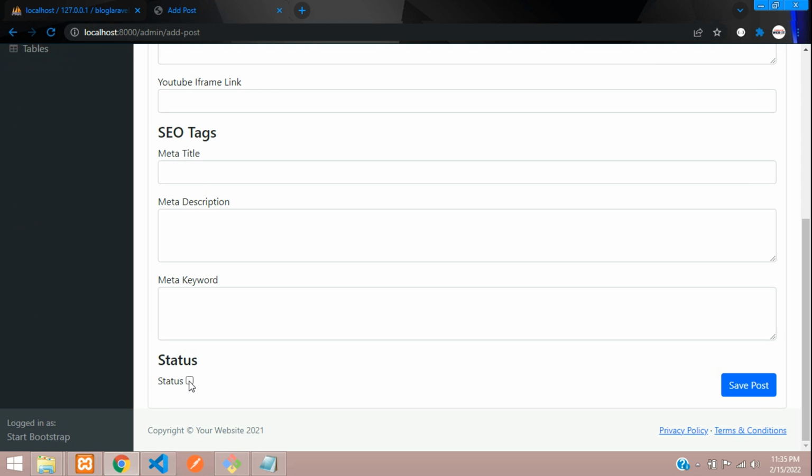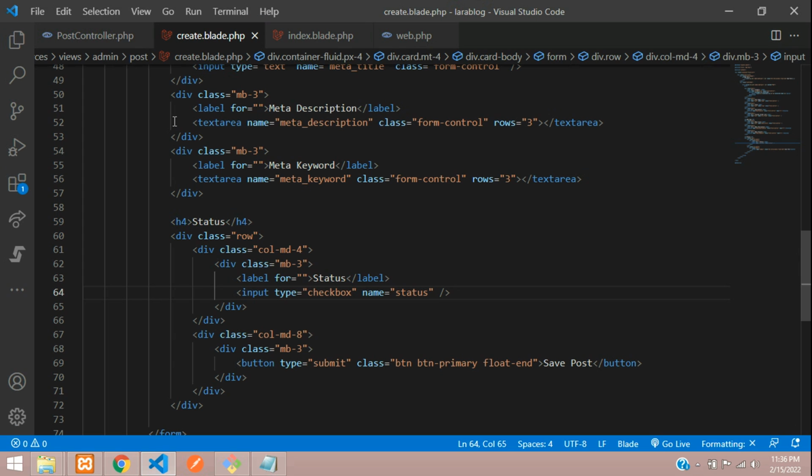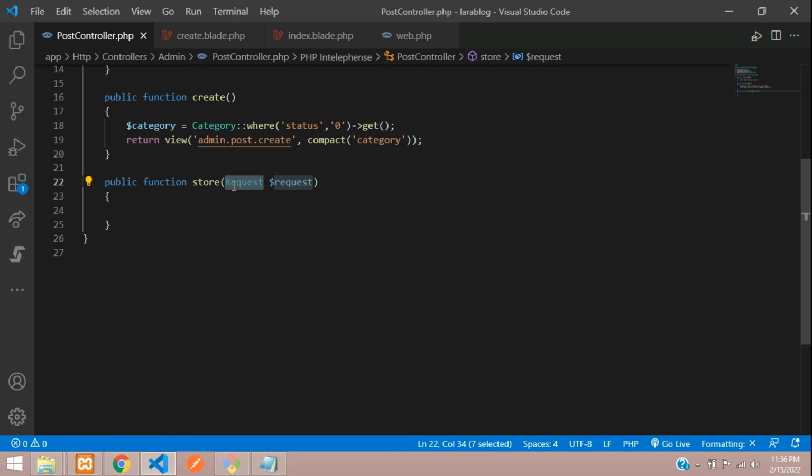Okay, perfect. So our checkbox is working fine. So guys, now let's get back and start with form request validation. So here we are going to create post form request. Okay, so open your terminal,